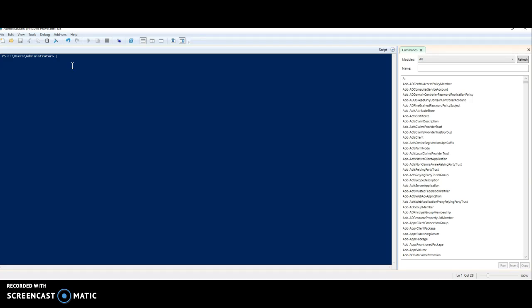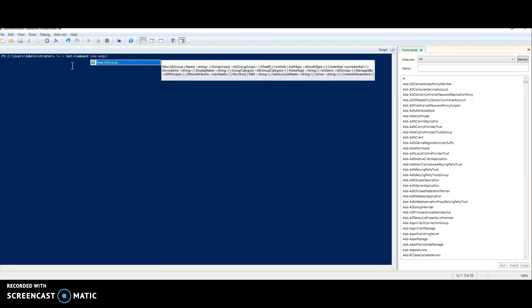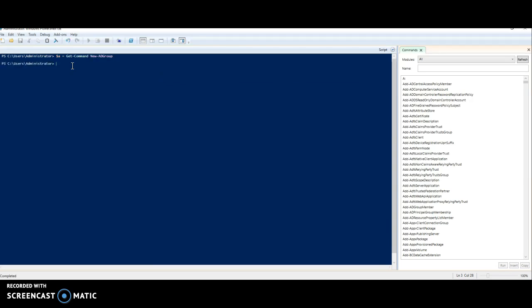So first, I want to create a value, and that value represents the get command, and also the new add group policy. So I'm gonna run that script. And then I'm going to get the value again, and run its parameter sets, and then set it to 0, and then this would show us,